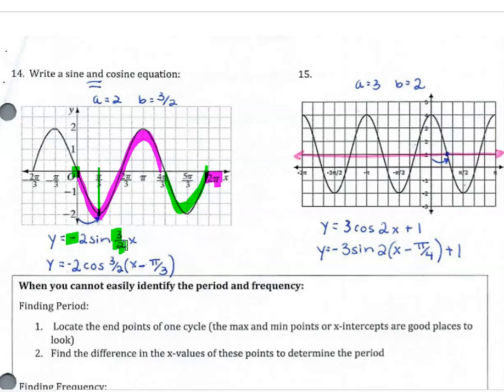Now, what if I wanted to write this as a cosine curve? So it technically depends on really what you want to do. Whenever you pick a cosine curve, then you've got to pick a maximum or a minimum. In this case, here I'm going to erase some of my highlighting. In this case, let's pick a minimum. So let's say this right there. So think to yourself, you're going this way then, okay? So your negative cosine curve would look like this, but then it's been shifted to the right pi over 3